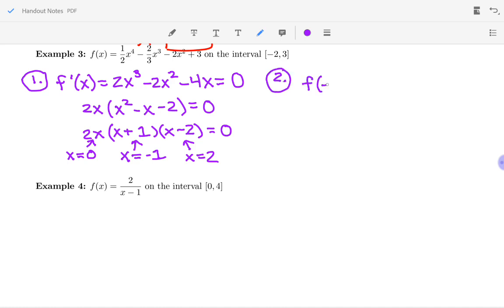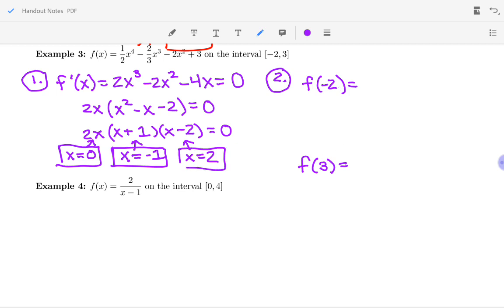So my interval is from negative 2 all the way up to 3. So I need to think about, are these numbers within the interval? Is 0 between negative 2 and 3? Yes, I'm going to test that. Instead of putting an x and eliminating it, I'm going to box it, I'm going to test it. Negative 1 is between negative 2 and 3, so I'm going to test that. And 2 is as well. So I'll probably plug them in order. Negative 1,